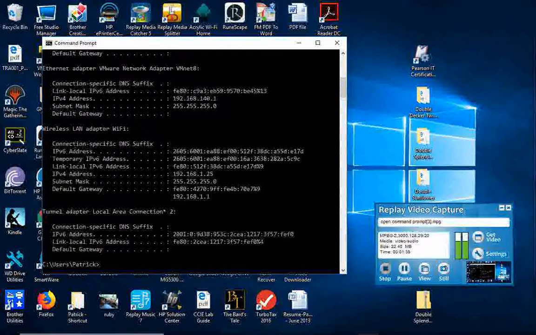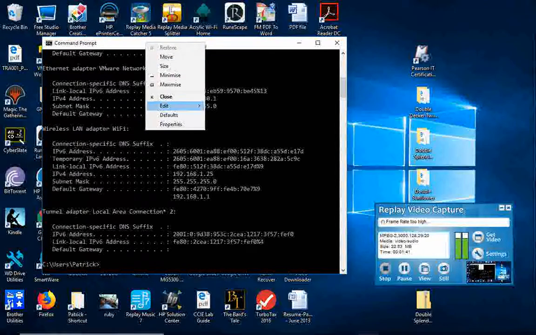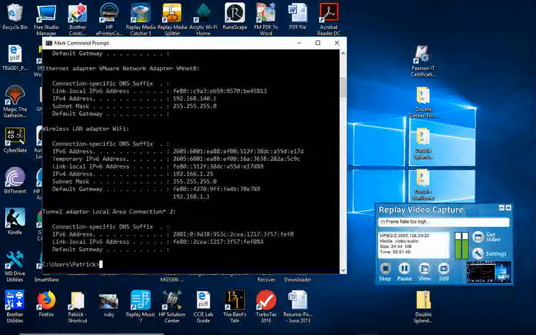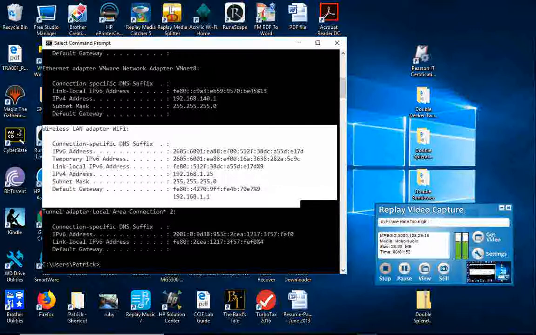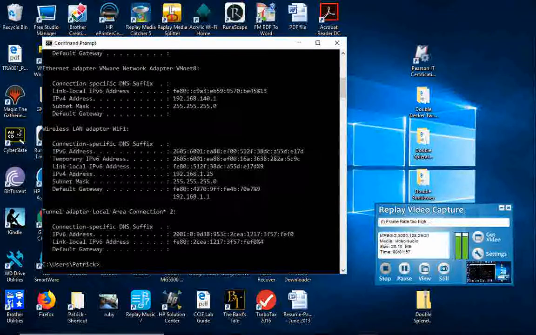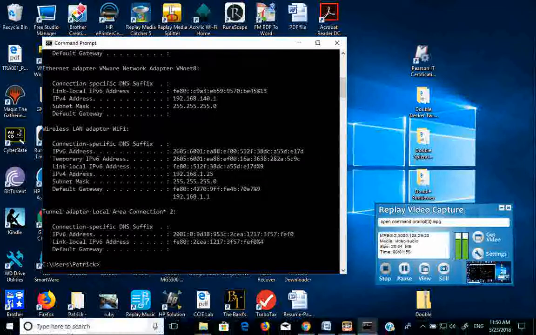The first way is if I right click on the top of my toolbar, I can go to edit and then hit mark. And that's telling the command prompt that as I scroll my cursor across this box, I want to mark information. So I'm going to mark this information right here. Now once it's marked, all I have to do is hit the enter key, and it's copied that information to the clipboard. So now that it's in my clipboard,